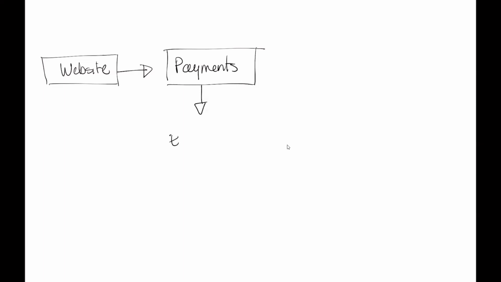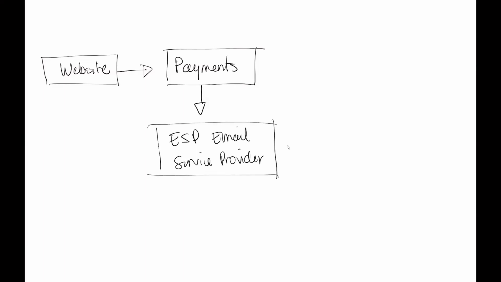Number 3 is your ESP, which is your email service provider. Okay, this is how you're going to collect people's emails when they go to your website, so that when you are doing a promotion, when you're selling something, when you have new updates in your business, when you're launching a new program as a coach, you have a way to instantly get in touch with those people that have specifically raised their hand to say, yes, I'm a person who's interested in the things that you are offering,